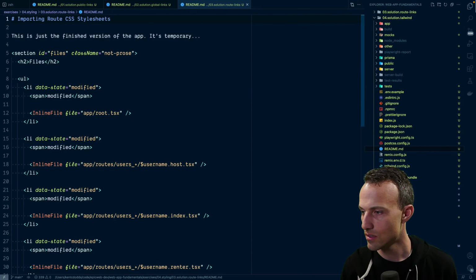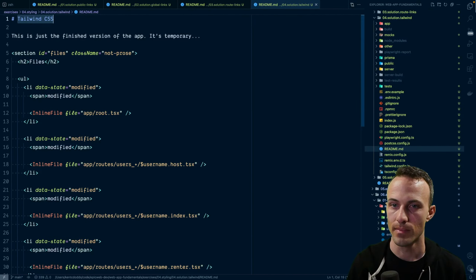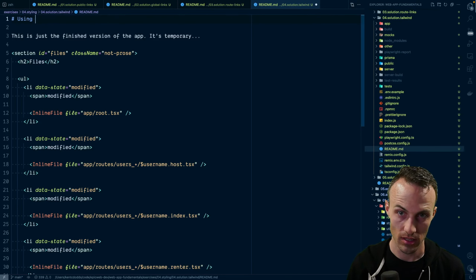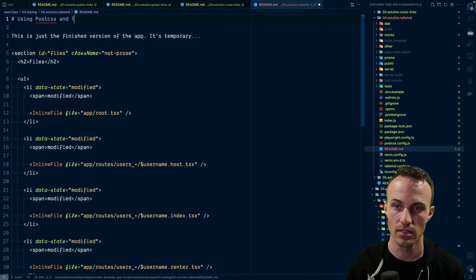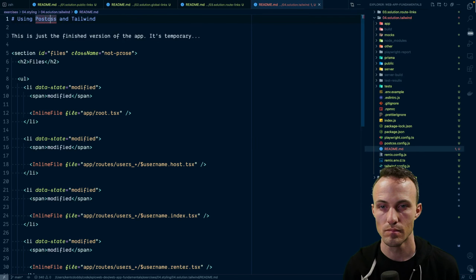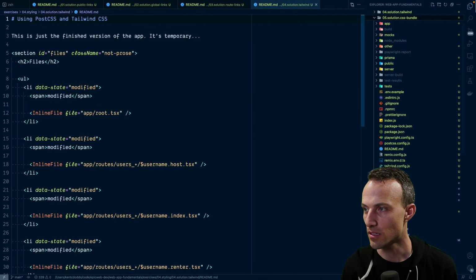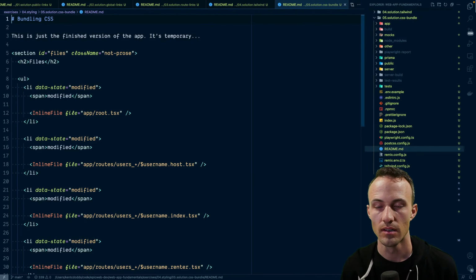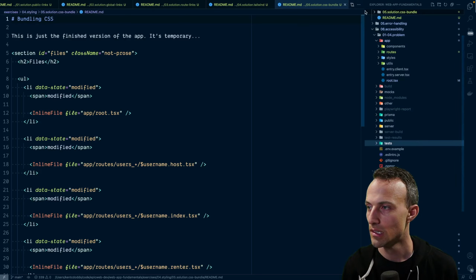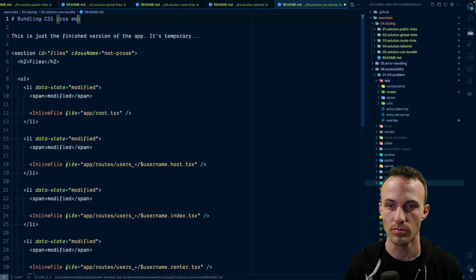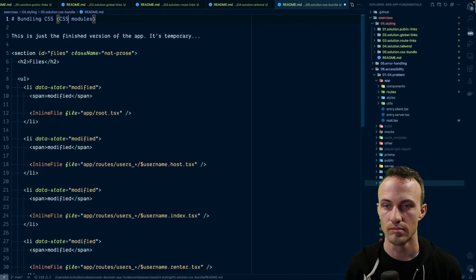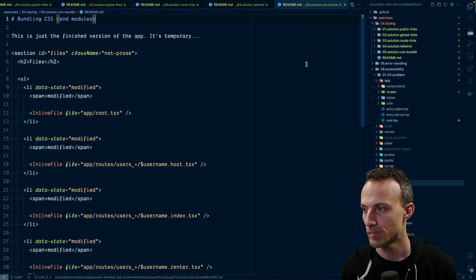And then this one is using PostCSS and Tailwind. I think it's one word technically. And yeah, bundling CSS modules. Okay, cool.